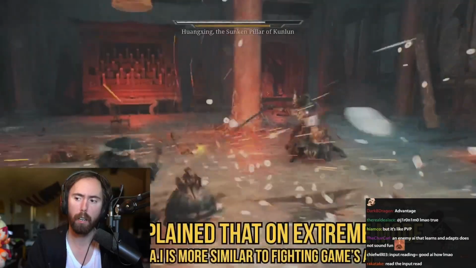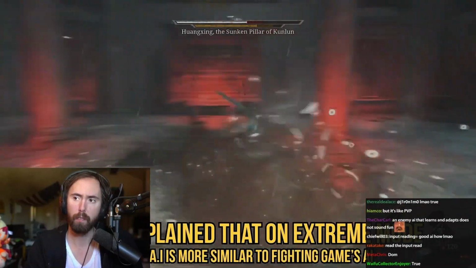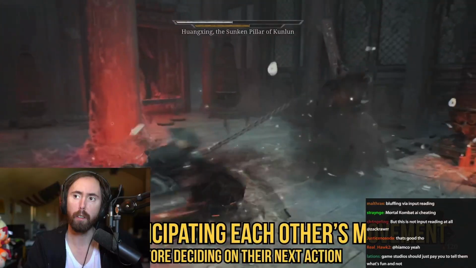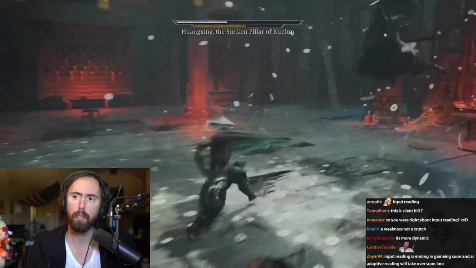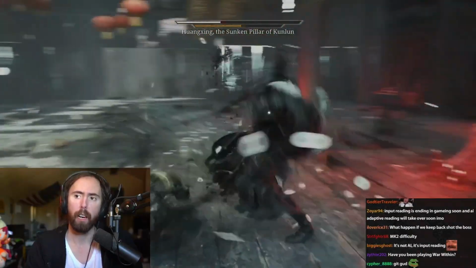Exactly. The boss fights kind of end up on extreme difficulty being more like a fighting game, where if you're playing on the very hard difficulty of a fighting game like Street Fighter or something like that, the AI can kind of anticipate what you're going to do, and you have to get better in order to beat it. And that's really what I had to do in order to successfully pull off these boss fights. And what I kind of realized was that I was relying too much...